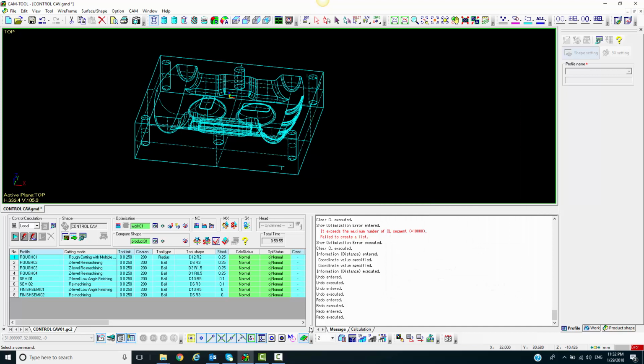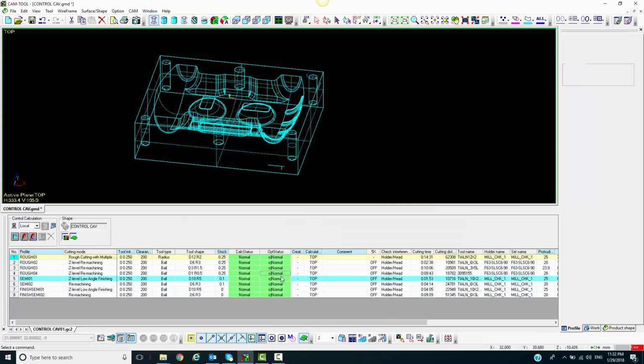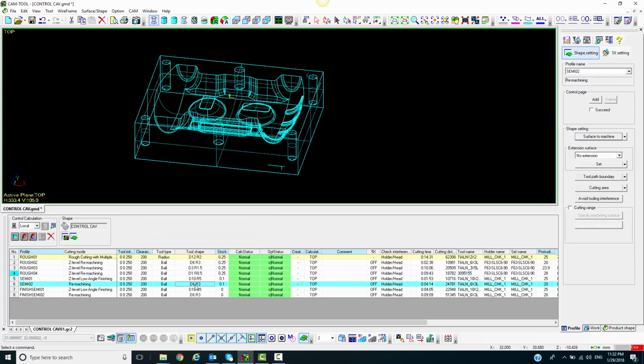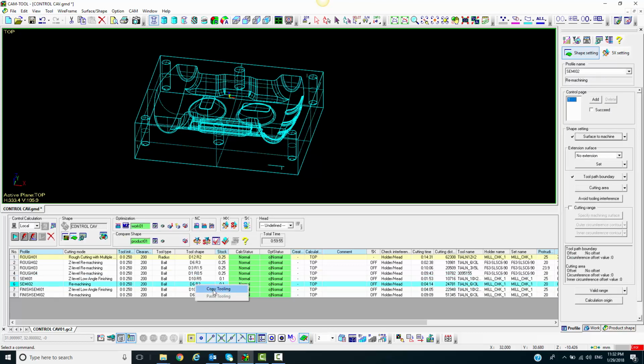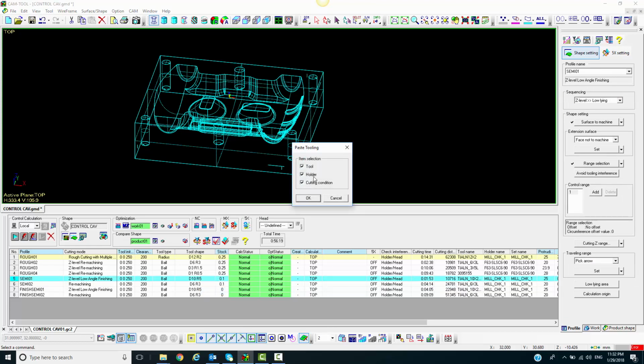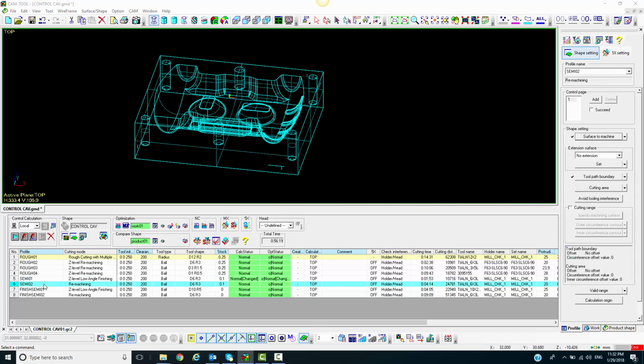Now that we've found a tool that comes back with no warning for our 1mm, we can move on to finishing the semi-finished programs. The first thing I'm going to do for this job is use the 6mm to finish the entire part. To do this, I'm going to copy and paste my tool, my holder, and my cutting conditions into my Z-level low angle finish program. I'm then going to